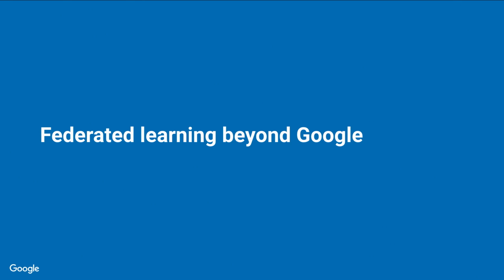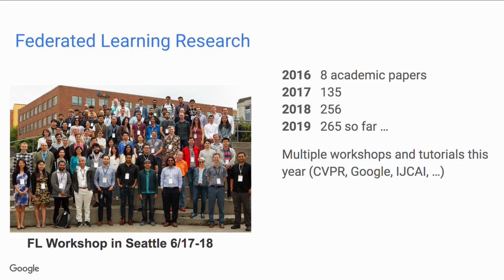We're also really excited to see increasing interest in federated learning outside of Google, and this is something we've always believed is really important. We just hosted a workshop in Seattle with over 100 attendees, about half from outside of Google, mostly from academia. There was a great tutorial at CVPR. There's going to be another workshop this summer. And we're seeing a rapidly accelerating trend of publication in this area. And I think there's good reason for that. It's a really exciting area. There's a chance for big impacts on the world, and it's also just really interesting from a pure research perspective.